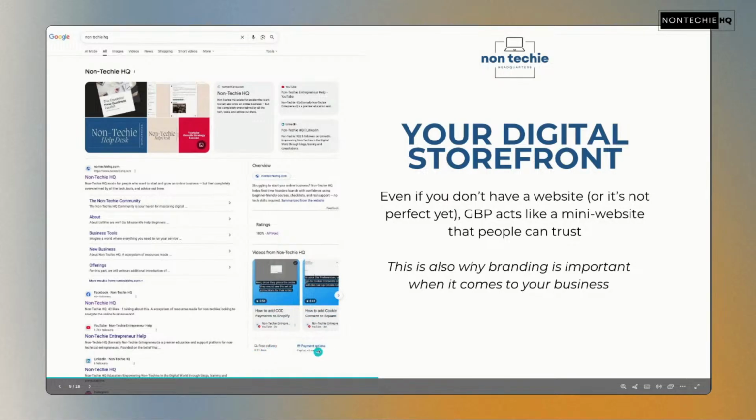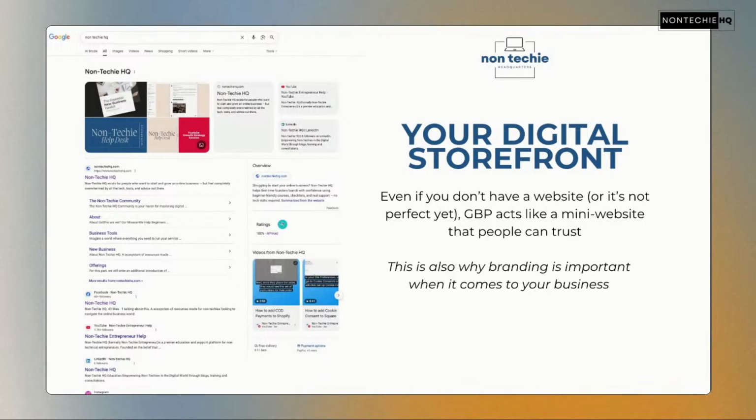And without leads for your business, you can't run a successful business. So your Google profile is an organic way to bring in these customers and see relevant information for you and have it working for you. Everything on here ties into Non-Techie HQ. The images, the products, the descriptions, the links, the website, the sublinks in the website. These are all things that are fueling our kind of digital storefront before they even go to a platform. We're being found on Google in various different mediums, from video to post to our website.